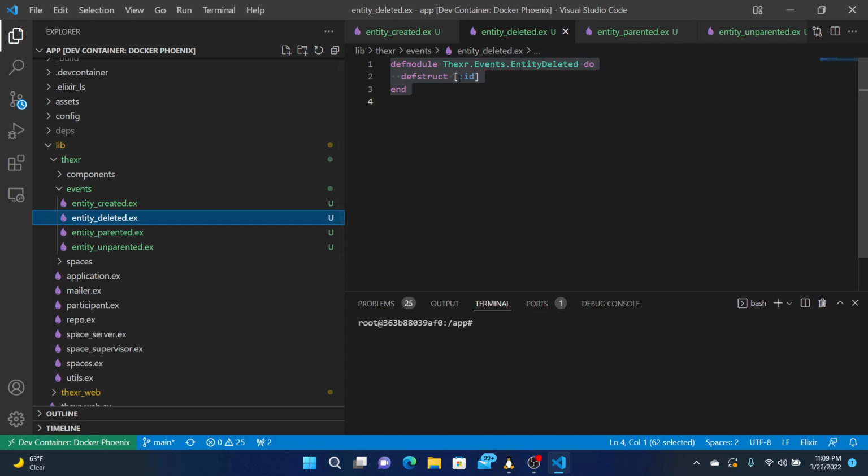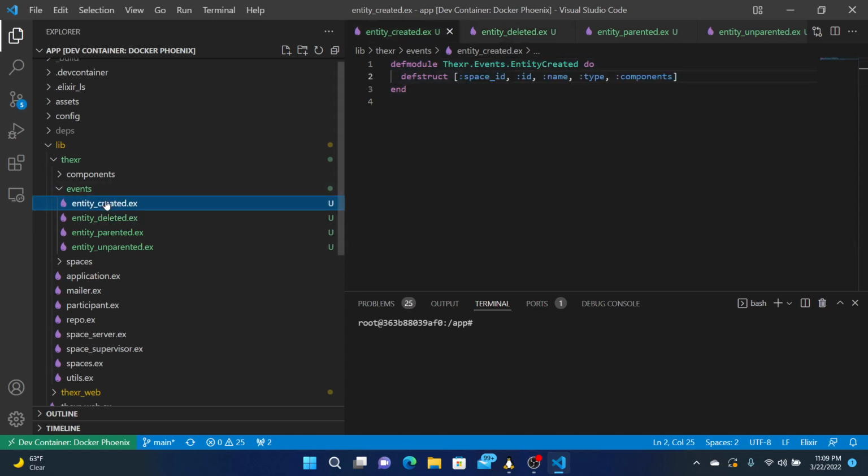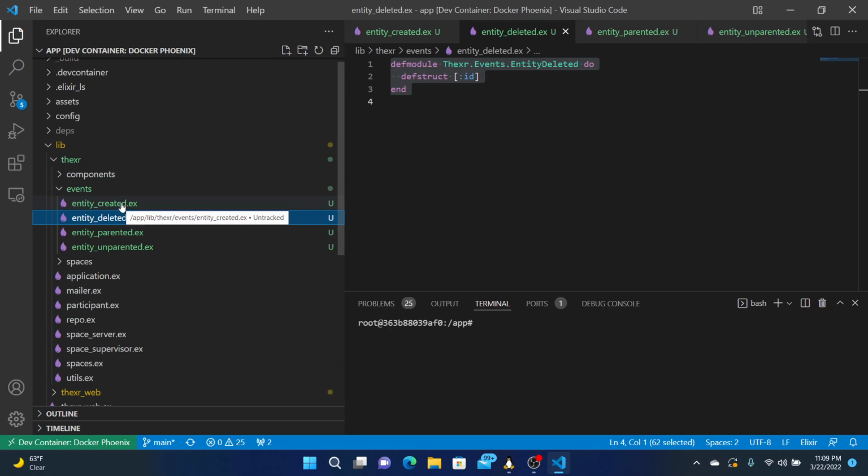Entity deleted perhaps does not. But if you're going to broadcast it on the space ID, it's better to have it.